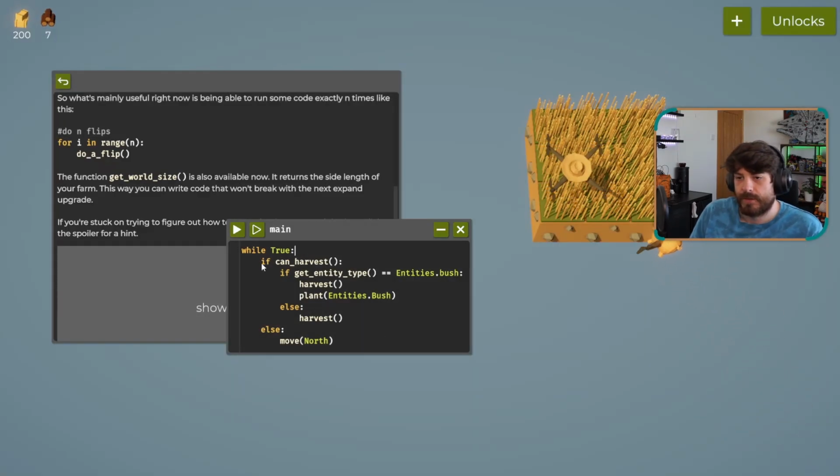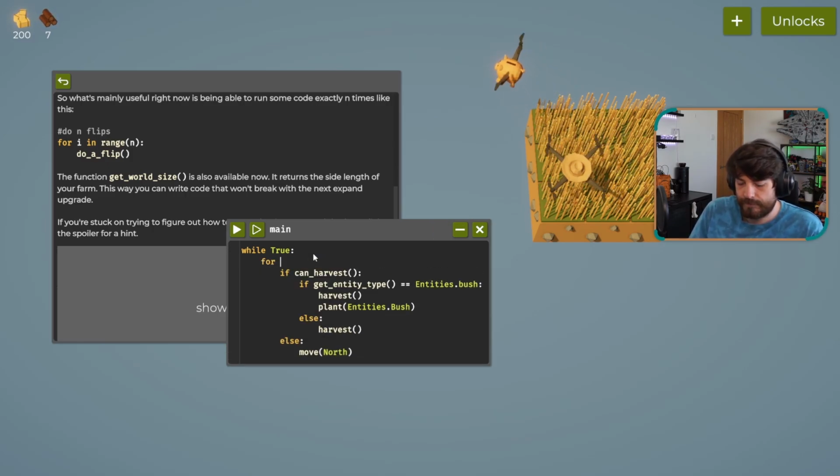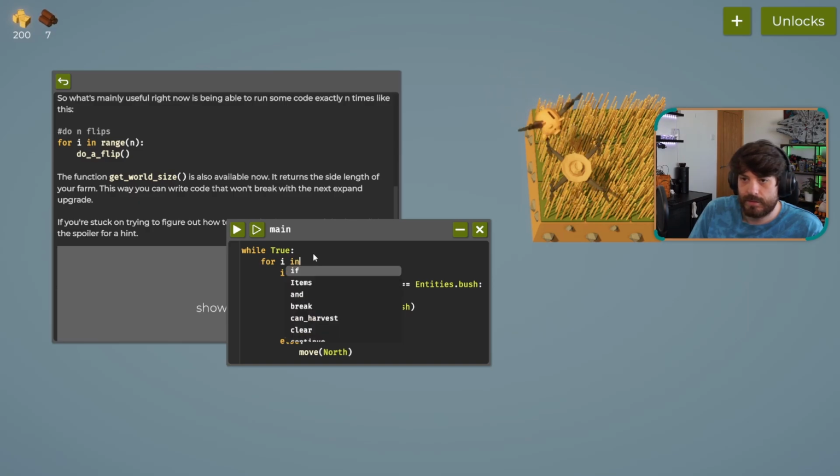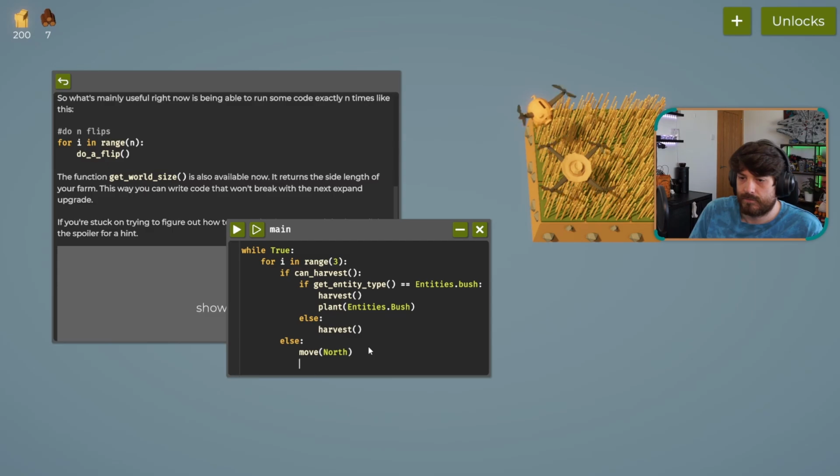So while true, all of that needs to go in one. So for I in range 3, do this. Then I